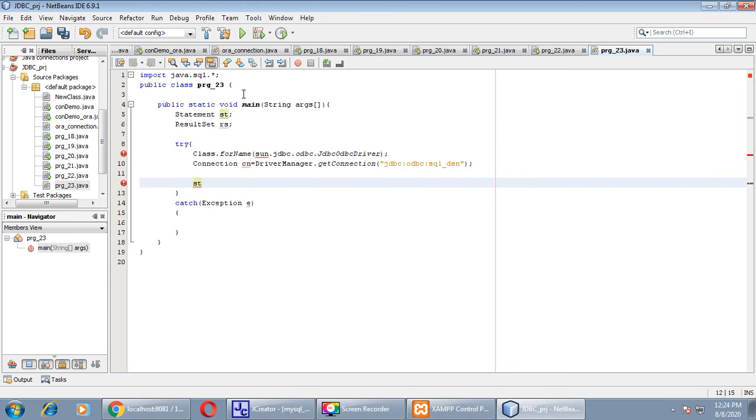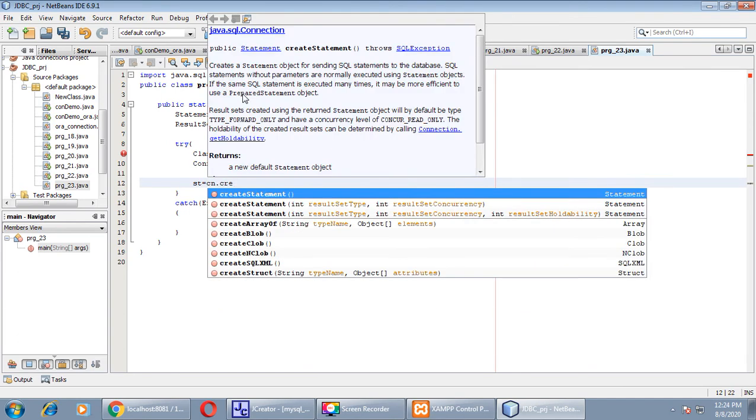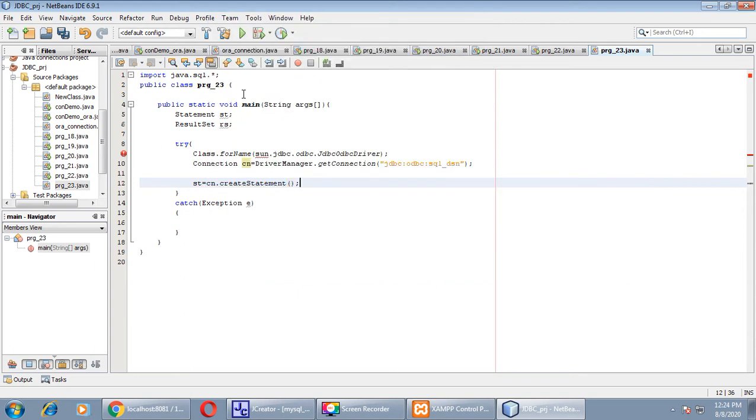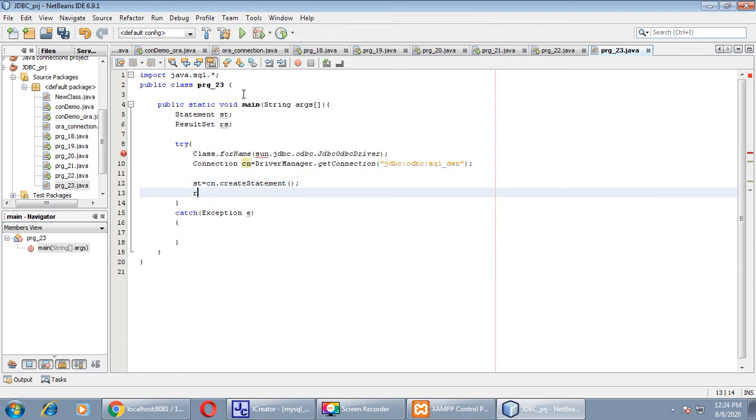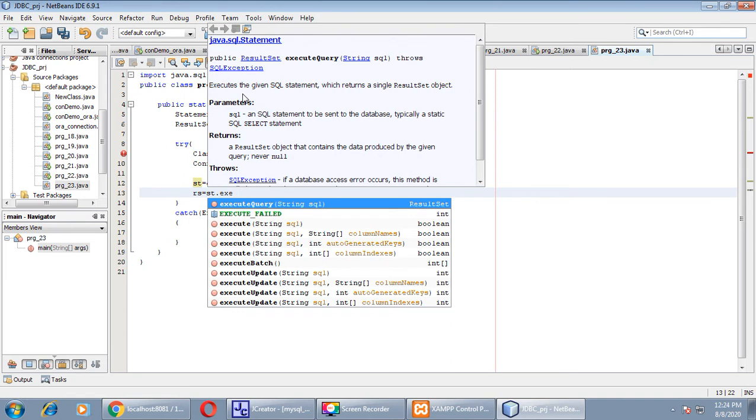Now st equals to cn.createStatement. This will send a SQL statement to our database, right? Create statement. Then rs equals to st.executeQuery.